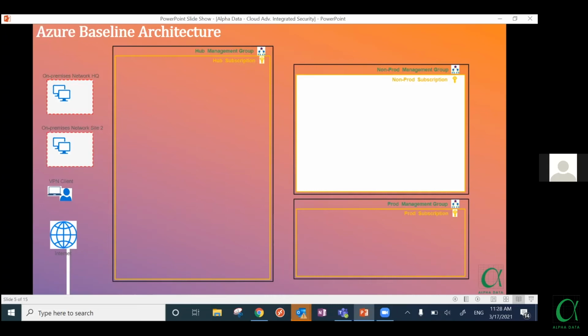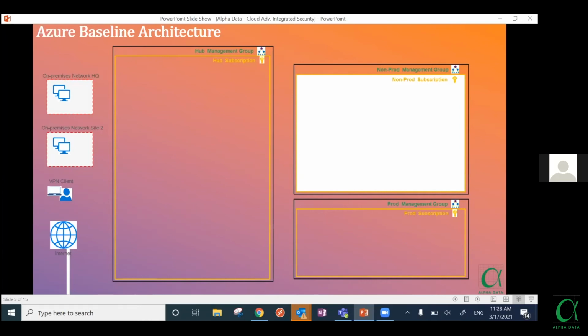so that it makes your life easy in managing the cost or the budget of your organization across multiple business units, right? So what we recommend is you have a separate subscription for each workload or each type of business unit. What we're showing here is a subscription for production, a subscription for non-production workloads, and a subscription for shared services as well. I wouldn't call it a hub subscription. I would call it a shared services subscription if needed, right?